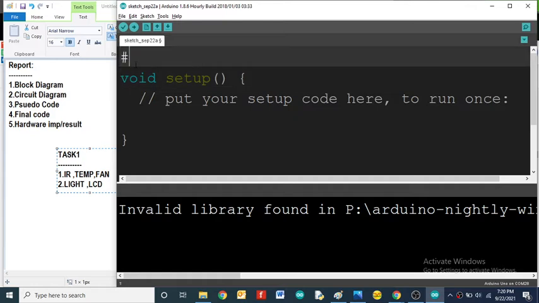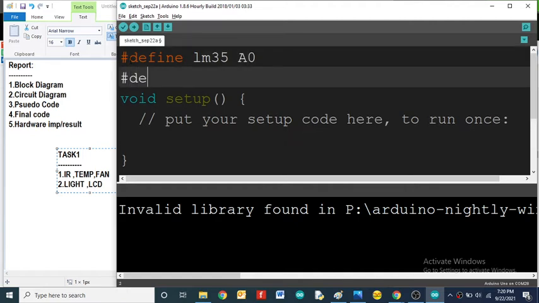First of all, include all the necessary libraries, and I will define the necessary pins as defined. One is LM35 or DHT11, so we can use LM35 on A0, again as defined.